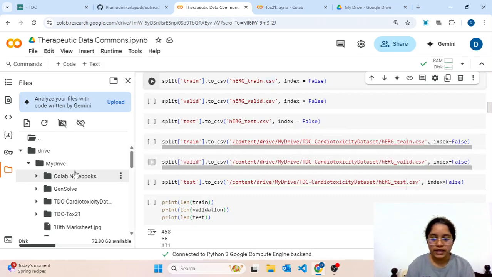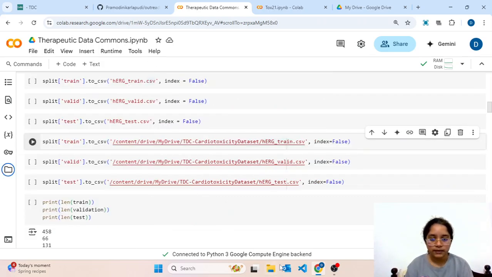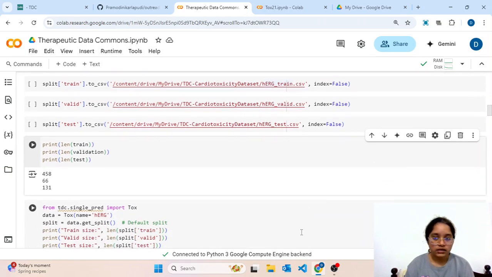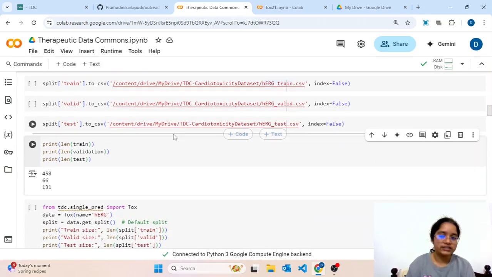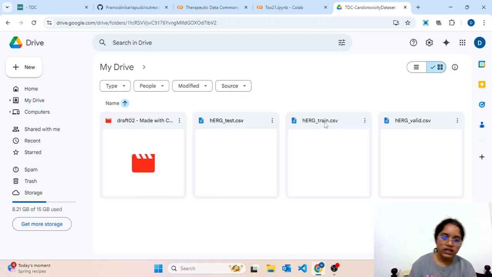Just copy that path, paste it here, and make sure you are adding herg_train, herg_valid, and herg_test dot csv. CSV is also important because that is now the file type. After running all of these three cells, you will be able to see the necessary three files being downloaded into your